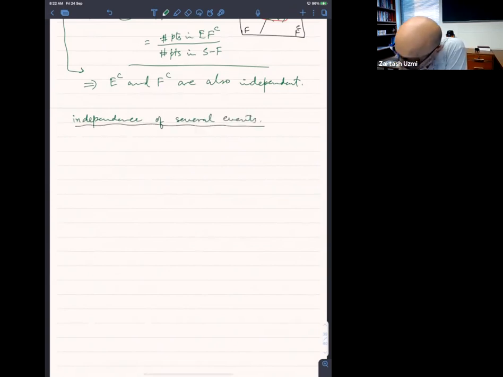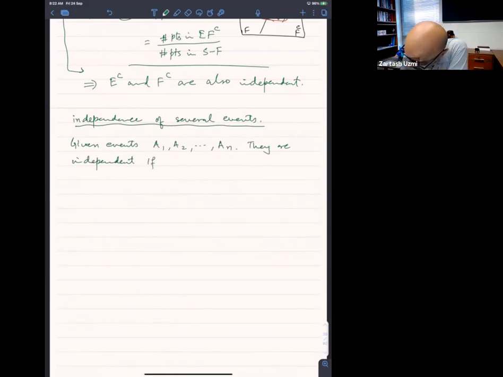If you are given events A1, A2, ..., up to AN, they are called independent if for any subset of these events, we have